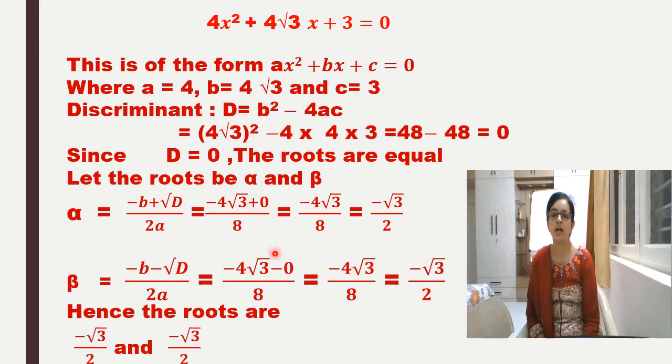Now the same thing will be repeated again. Can you find out why the same answer is repeated again? Whereas in the formula we have once plus root D and another time minus root D. Why is it not affecting the value of the root? Yes, because root D is 0. Whether it is plus 0 or minus 0, it makes no difference for the roots. That is why the same values are repeated, and you get the same value of beta. As the roots are,